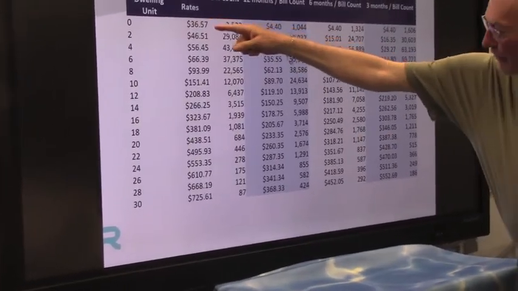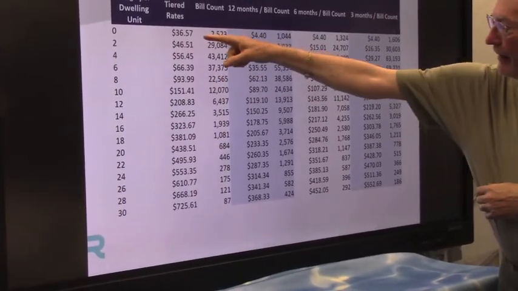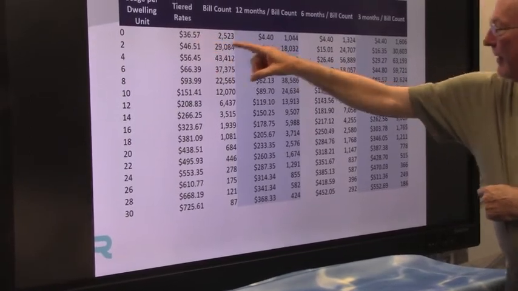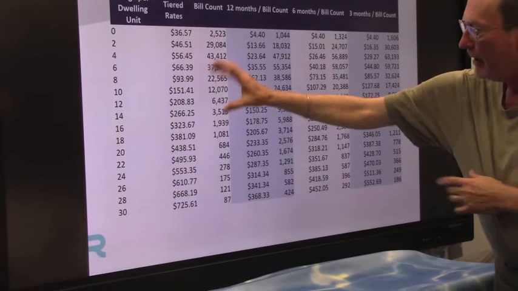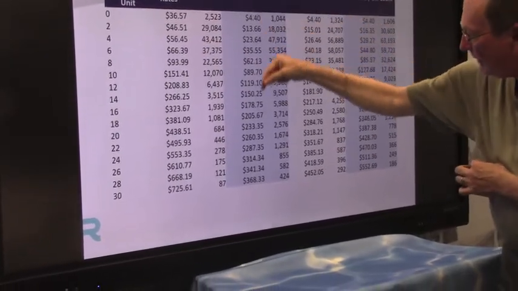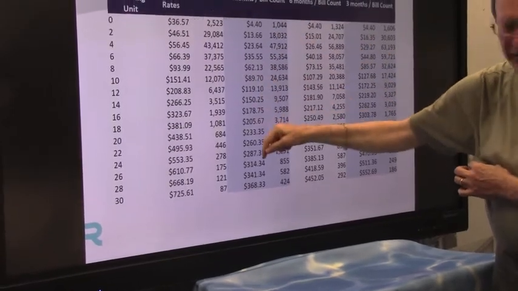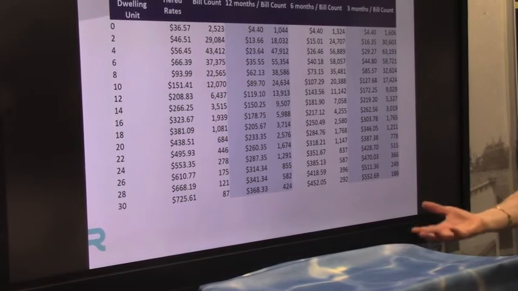Here's what we looked at for the inclining rate. I assume that's the numbers we have. Right, yes. And so you could take these rates and make them be customer select. So this is at 0, this is at 2, 4, and then you could either have 3 month or 6 month or 12. He's introduced a completely new pricing scheme. So this pricing scheme is very different than that pricing scheme. And it doesn't need to be.